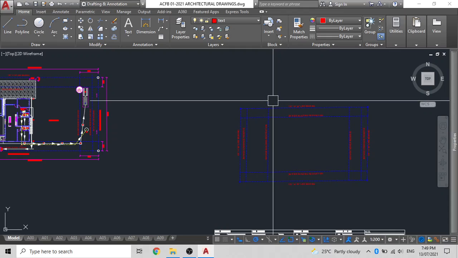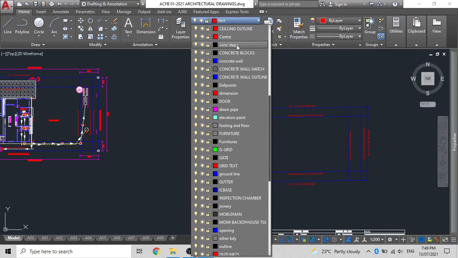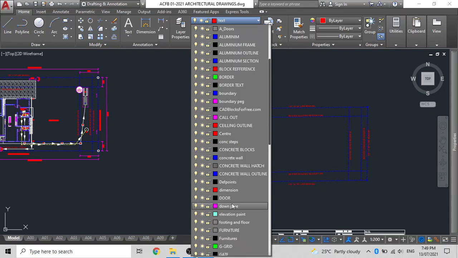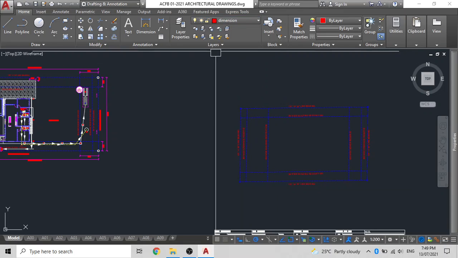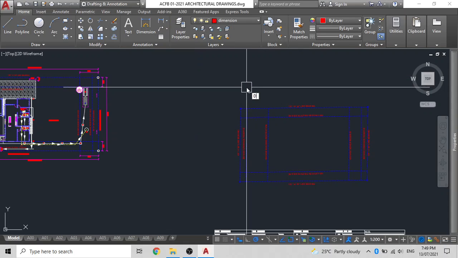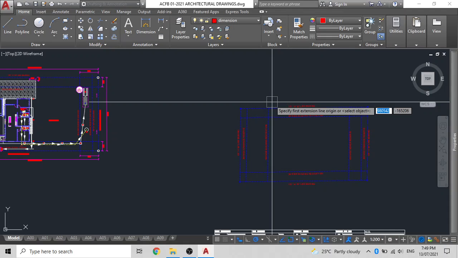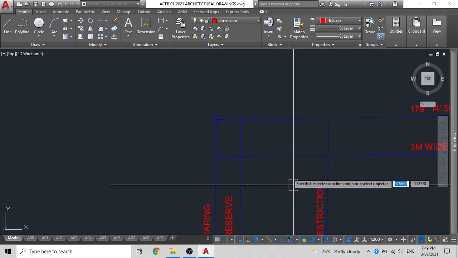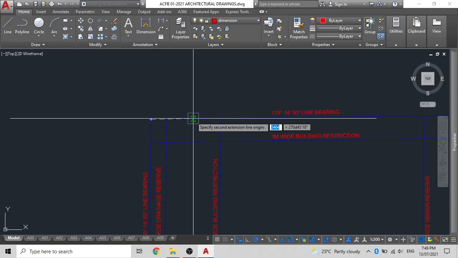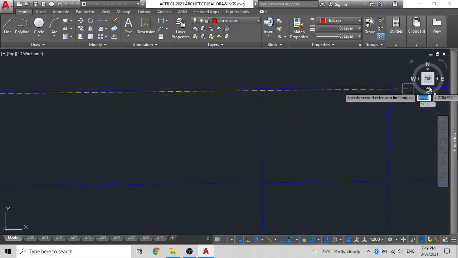Now what we'll do is we'll create our dimension. So we'll turn on the dimensions layer. And we'll select either from here aligned, or we'll enter using our command as DIMALI. So that's DIMALI. The scale is already set. You do not have to worry about anything. The annotation is automatic. Just select on your 2 outer lines,